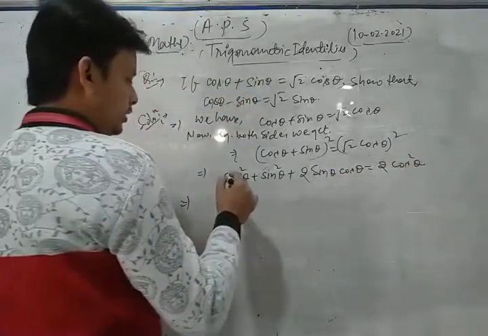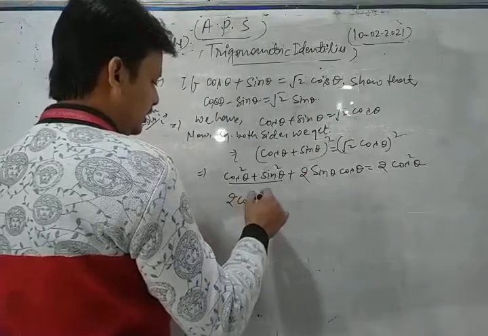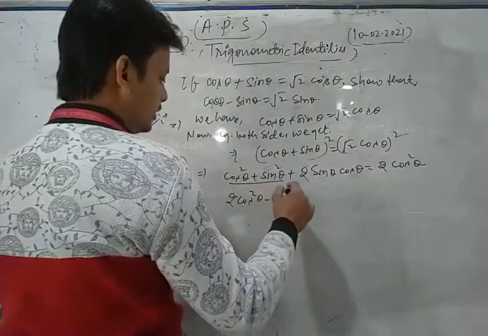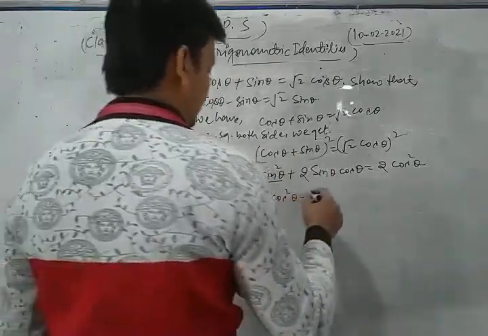Now we transfer these terms to that side, so we get 2 cos square theta minus cos square theta, and minus sin square theta,